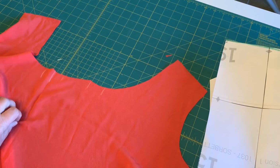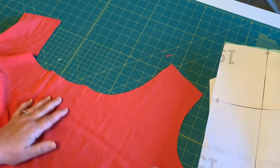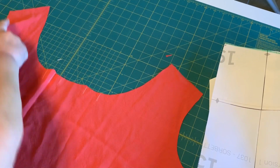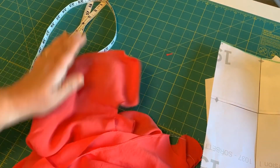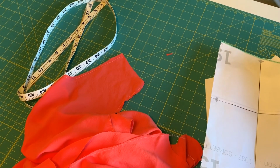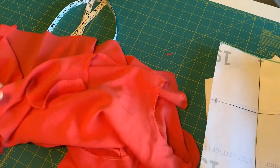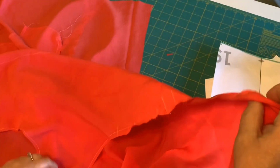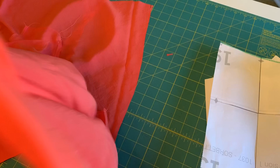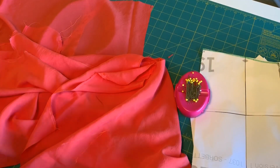So you're going to use 1/4 inch as your seam allowance as you stay stitch. From here to here at 1/4 inch, and here to here. Same on this side, here to here, and here to here. Okay, I have done my stay stitching, and then the next step is going to be to put our darts in. So we'll take the front piece, that's our back. You know the front because it's very wide because we don't have the pleat in it yet. Okay, I have marked my darts on the wrong side, and I'm just going to pin them